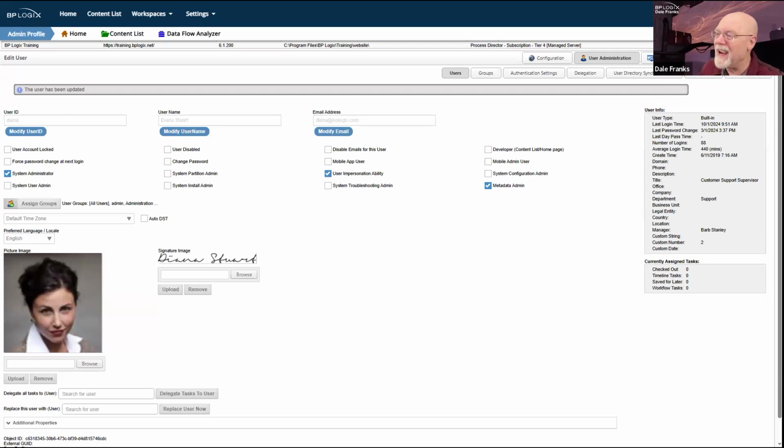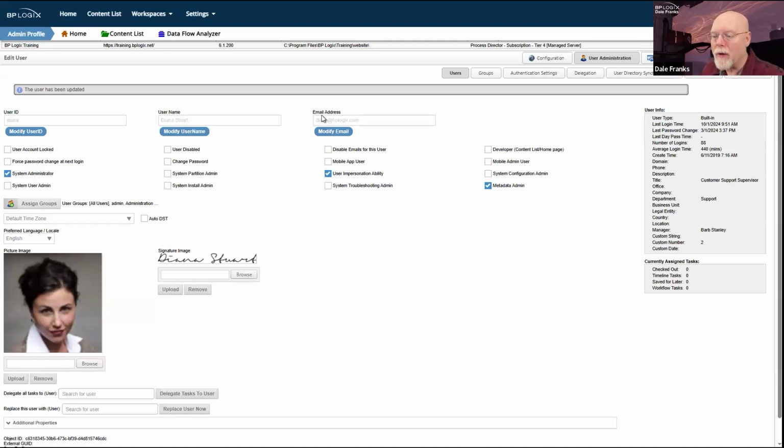And indeed, if you have user impersonation ability, in the drop-down menu for your user profile, you also have the impersonate user menu item, which will allow you to impersonate a user, and the system will show you everything that that user sees. We'll talk about that a little bit later, but you have to actually grant that, and it is granted independently of whether you're a system admin or not.